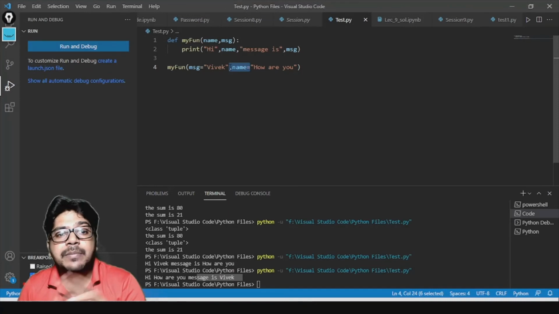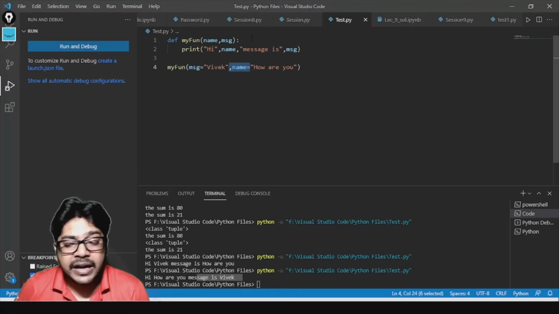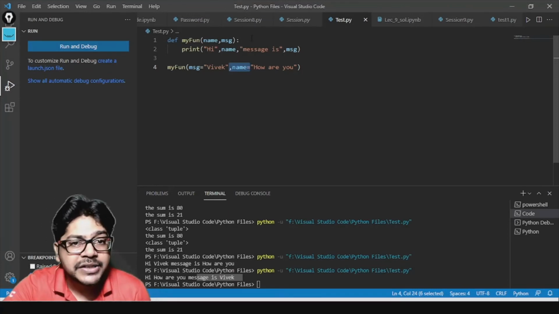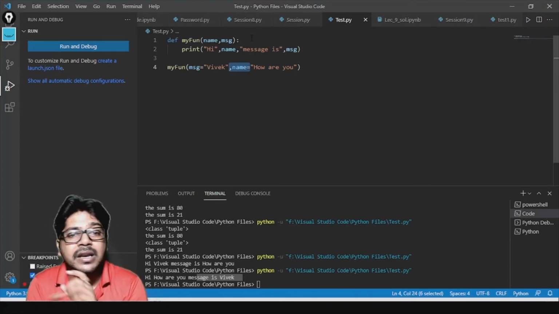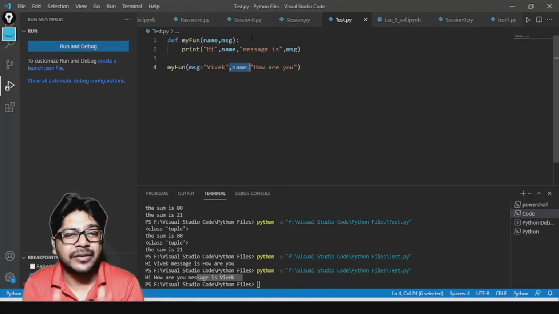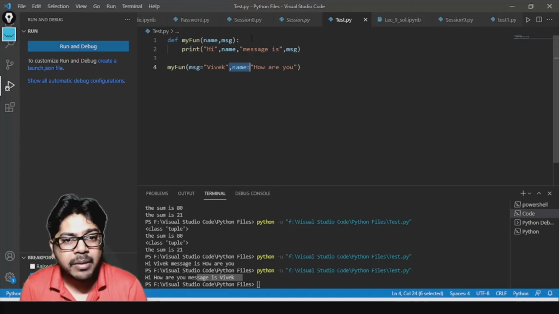So this is what happens with the keyword argument. The order can be random. Okay, it can be in random order. The order doesn't matter much. Why? Because you are providing the keyword, so the keyword is being matched. Doesn't matter where that keyword arises, first, second, third, doesn't matter much. But it should be the same.